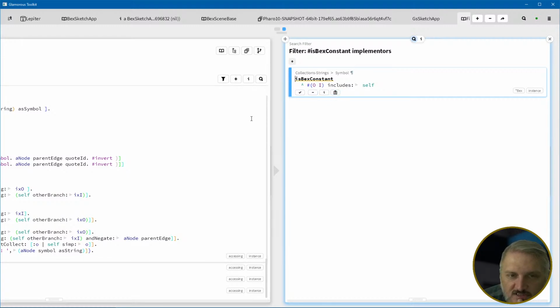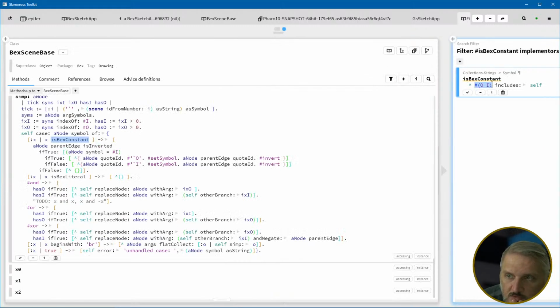Yeah, I or O includes self. So okay, what is it doing here? The list includes self. So is it a constant? I added something to the symbol type, so now it can tell if it's a Bex constant. So parent edge is inverted. Oh, I see. So the edges in a Bex diagram, you can draw a circle on them to make them inverted, and if it's inverted,